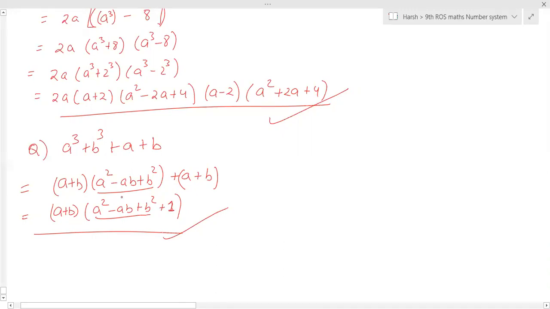So tomorrow, by tomorrow, till 3F, everything should be over. And you have to somehow manage to do it by yourself. That should be your target, that I will do it. Okay.